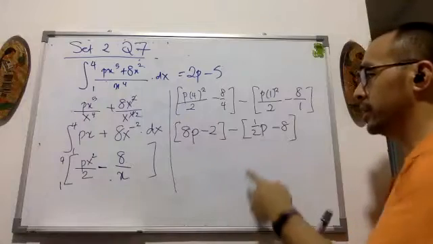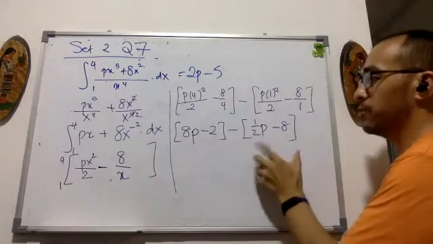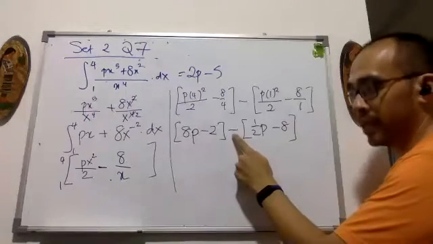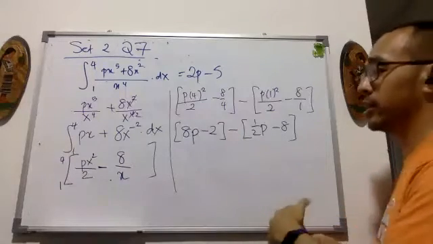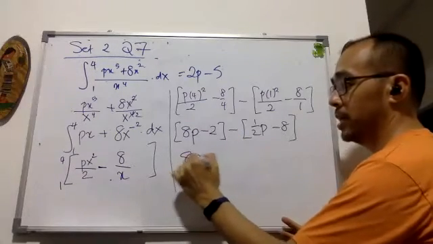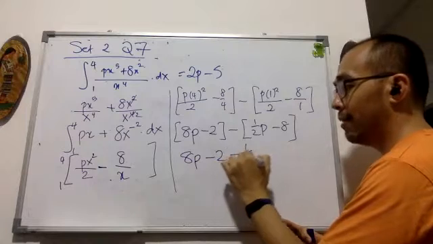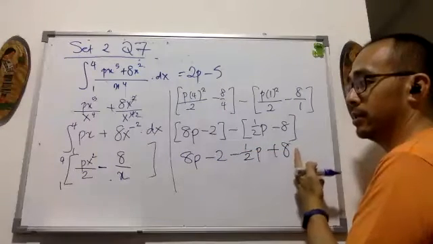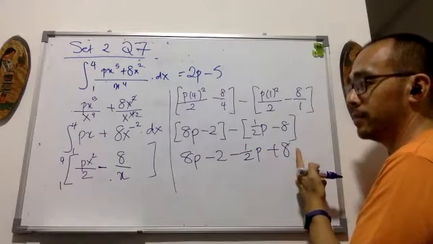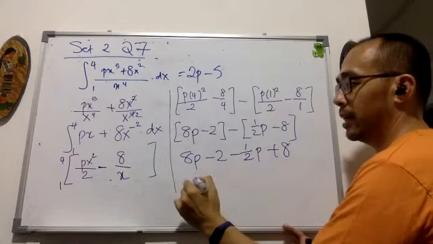Okay, so anyway, coming back to this. The reason why I hold on to this bracket is because there's a minus sign in front, and the tendency is for people to forget there is a minus sign. Because when you open the bracket, this becomes 8p minus 2 minus half p plus 8. Okay, a lot of things that people forget. Okay, so 8p and